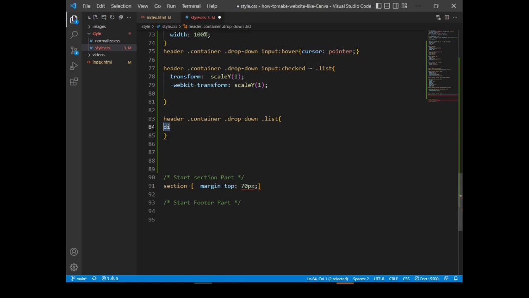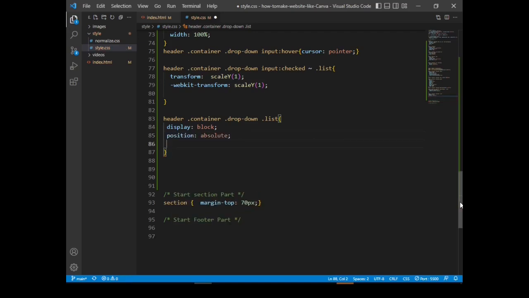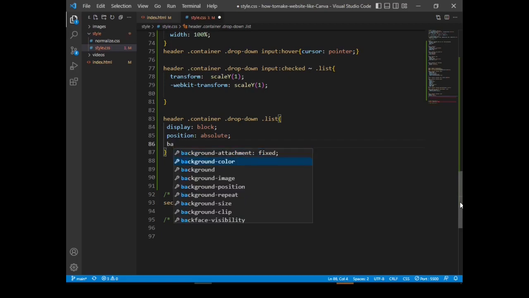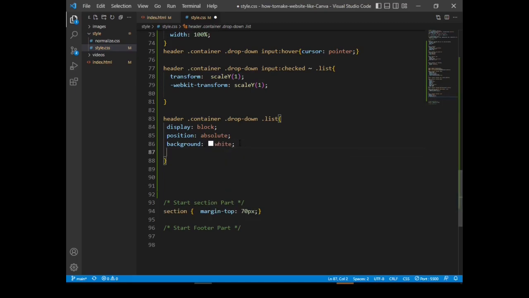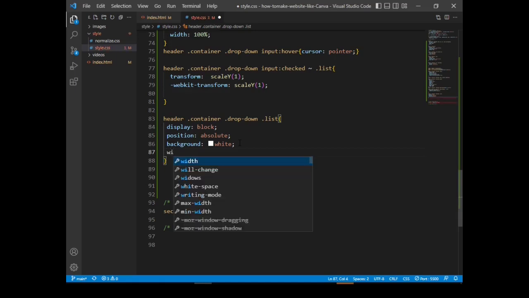Now let's set display to block, position absolute, background, let me set it to white. Width, let's set it to fit content.